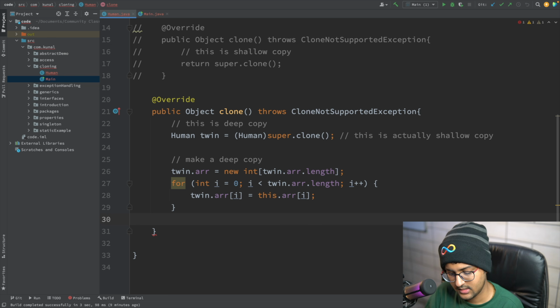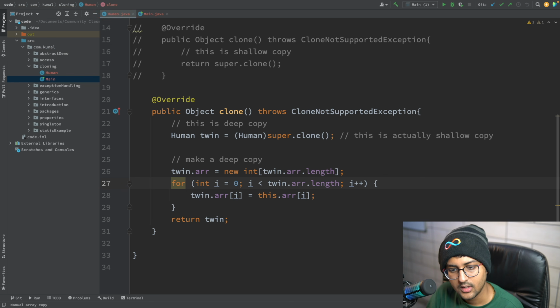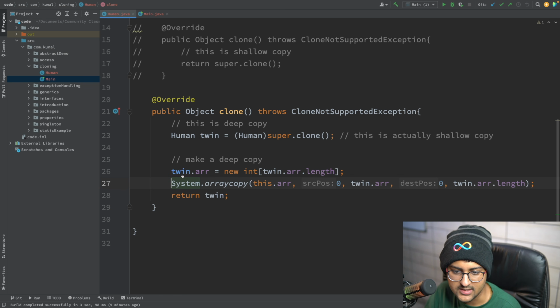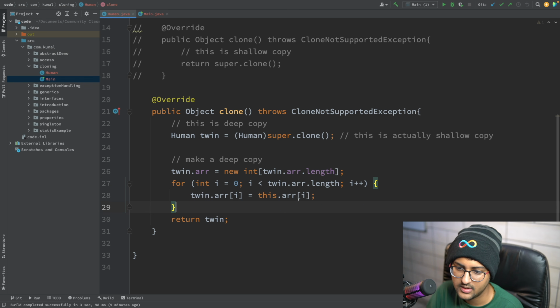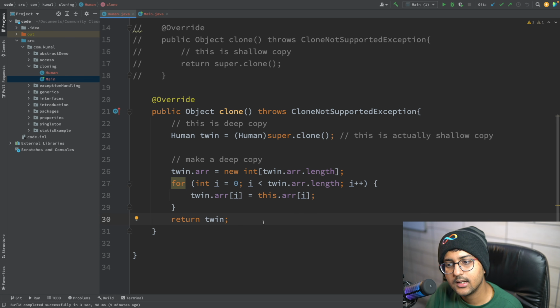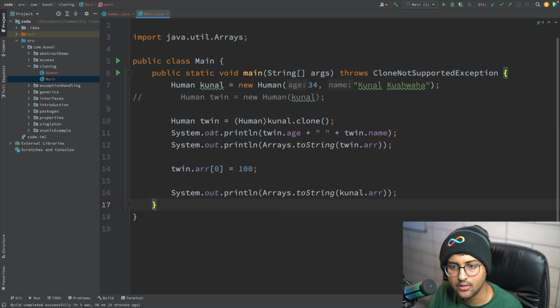Then I can say return. You can do an enhanced for loop, and System.arraycopy is available, but no problem. Okay, let's try to use this now. How we can do now the deep copy part. So here if I just print it,